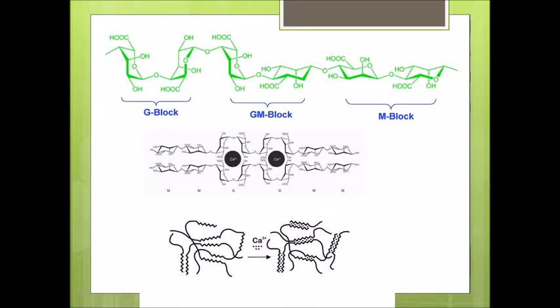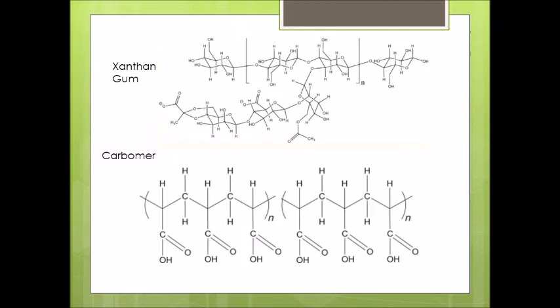Now it didn't happen to the carbomer, because if you look at the carbomer, it is just a polymer of acrylic acid. So the backbone is just hydrocarbon, which is hydrophilic, and the part that creates this gel structure is your carboxylic acid moiety. So in case of carbomer, we have this calcium binding to your carboxylic acid, and it pretty much destroys the gel structure, because the backbone doesn't have any